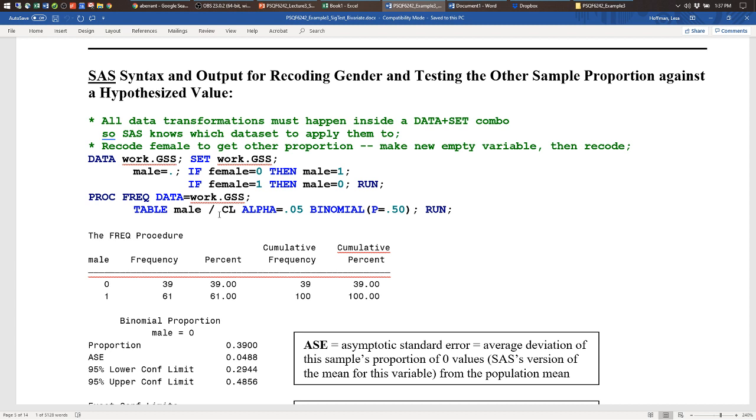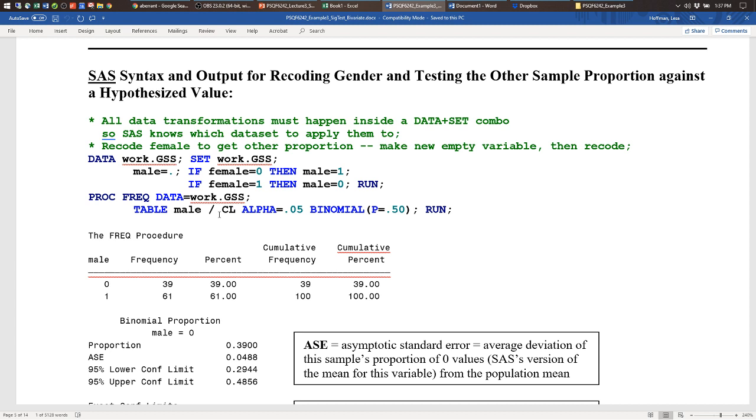This initializes it to an empty value. Then, if female is 0, I want to take my new variable and make it 1. If female was 1, I want to make it 0. That way, if a female was missing, I'm not accidentally assigning a value to this that it shouldn't have. Like the default is missing. If we meet certain characteristics, then it changes off of that default of missing. So then I use that new variable